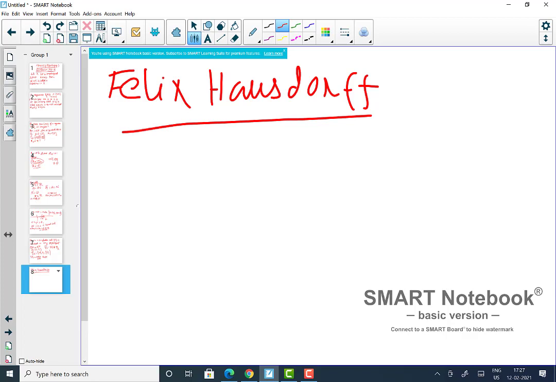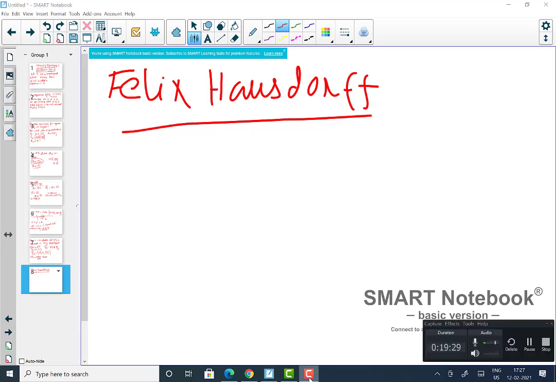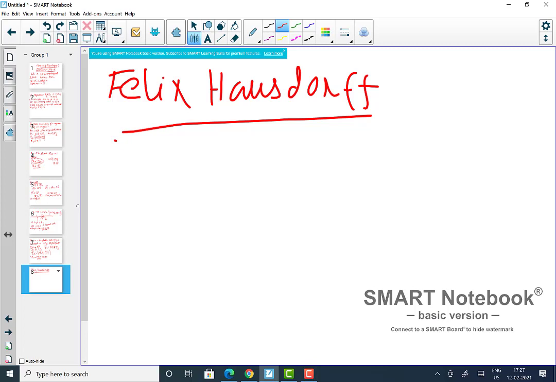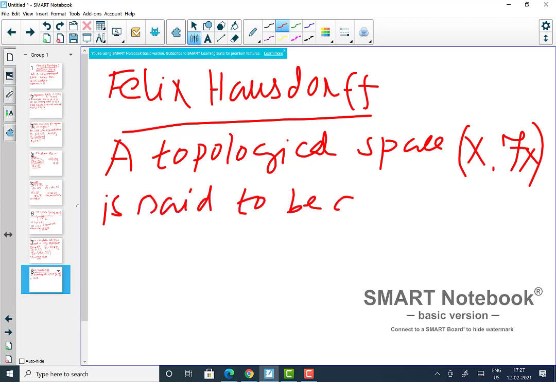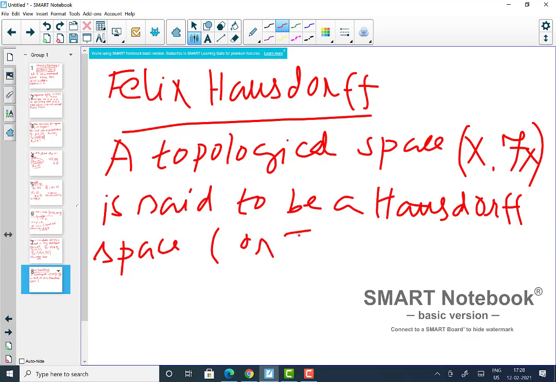Okay, so what is a Hausdorff space? Obviously I will just touch on this because I need some properties here. Otherwise, these are part of something called separation axioms that you will learn later in detail. But let me give you some of the properties and ideas here. So what is a Hausdorff space? A topological space X, I'm not writing tau always because I'm assuming the topology is there, is said to be a Hausdorff space or T2 space. Some people call it a T2 space. Okay, if